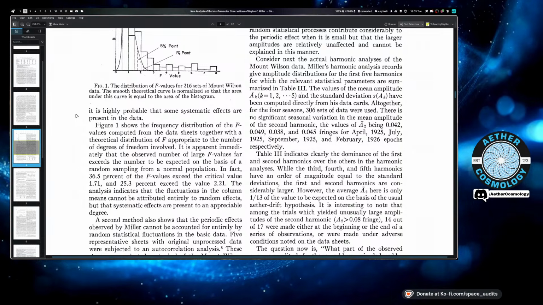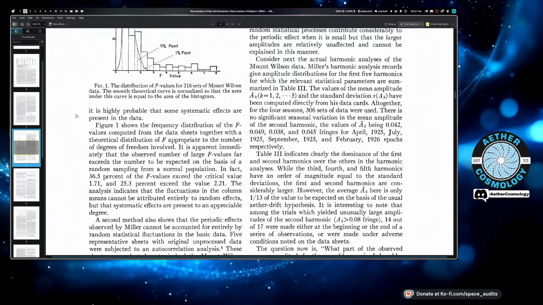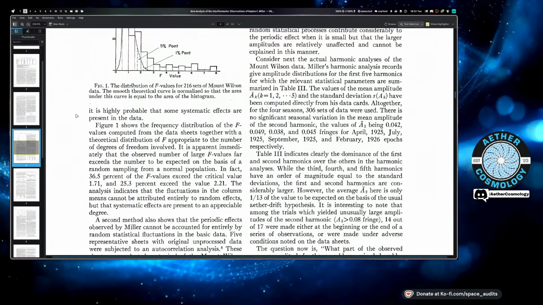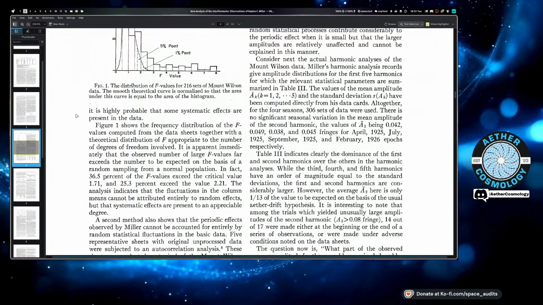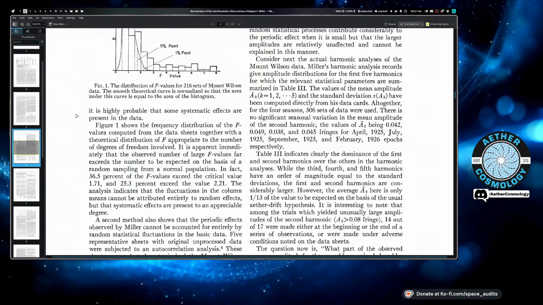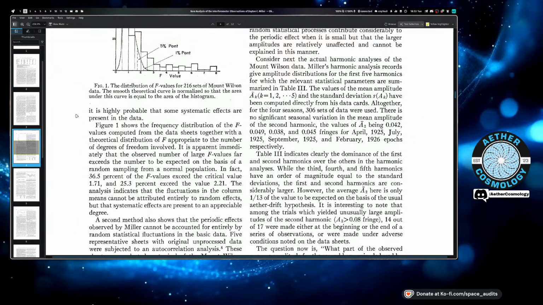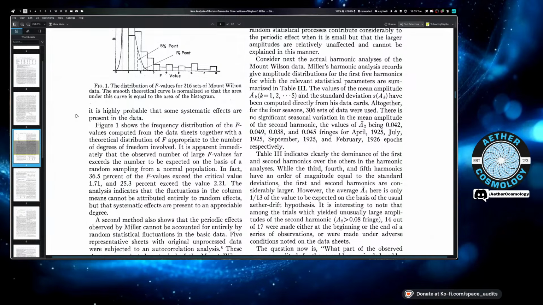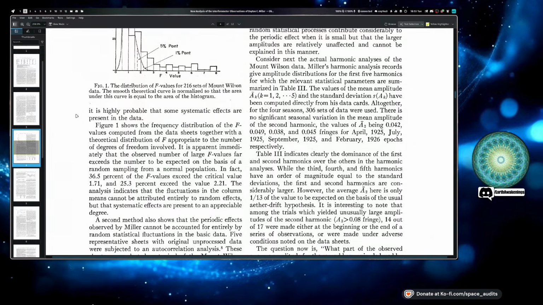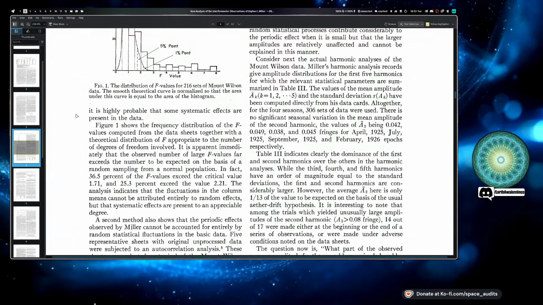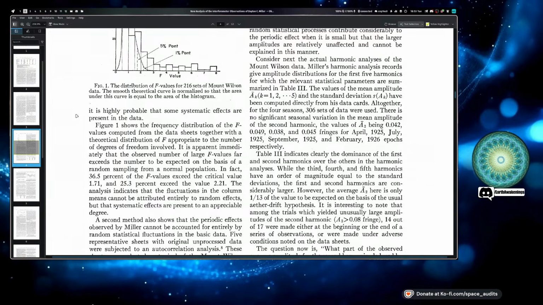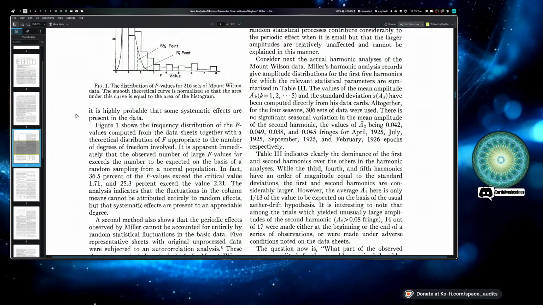Figure 1 shows the frequency distribution of the F values computed in the data sheets, together with a theoretical distribution of F of the appropriate number of degrees of freedom involved. It is apparent immediately that the observed number of large F values far exceeds the number to be expected on the basis of random sampling from a normal population. In fact, 36.5% of the F values exceed the critical value